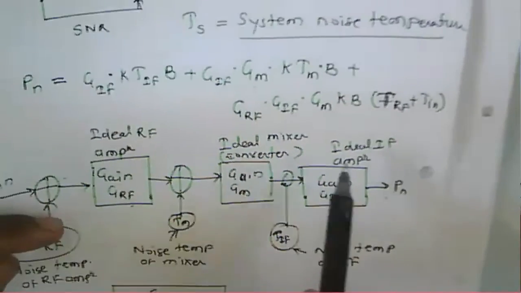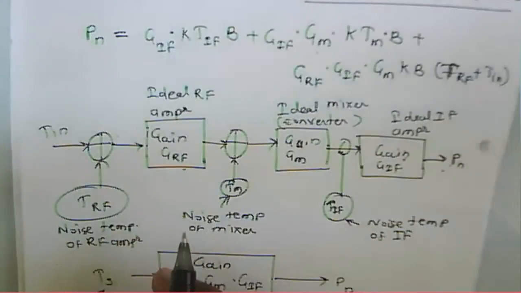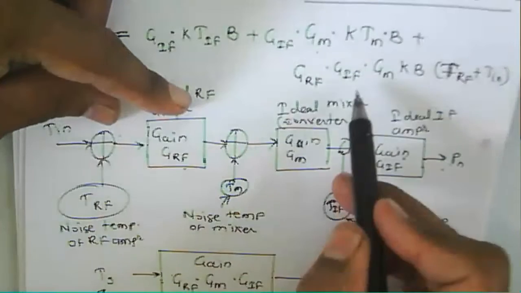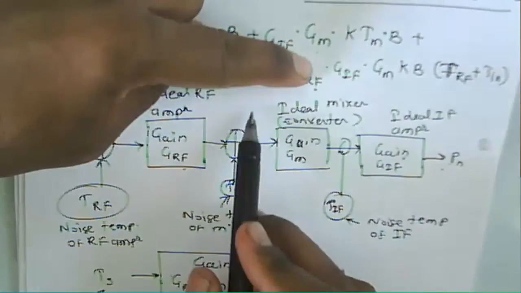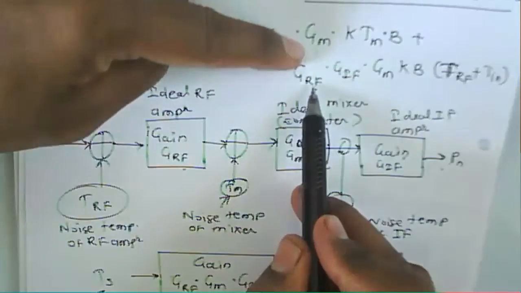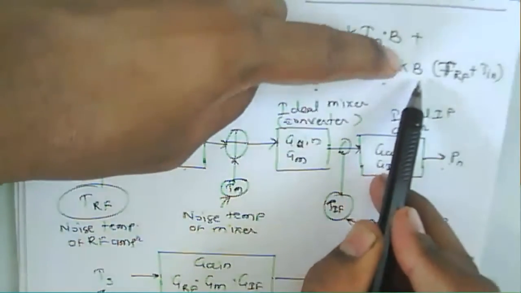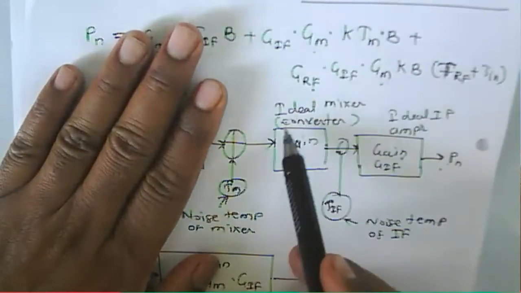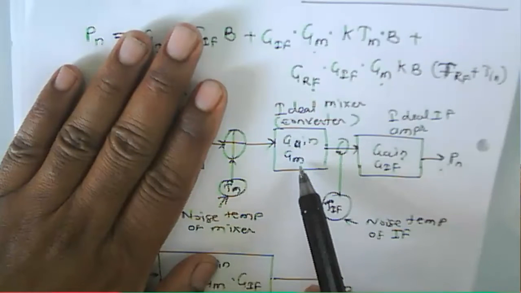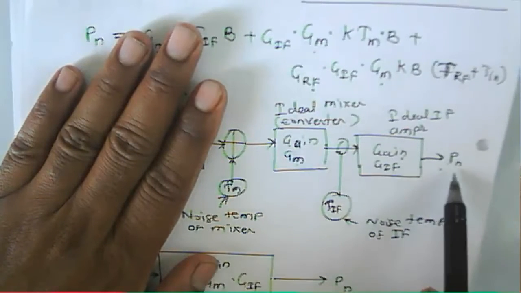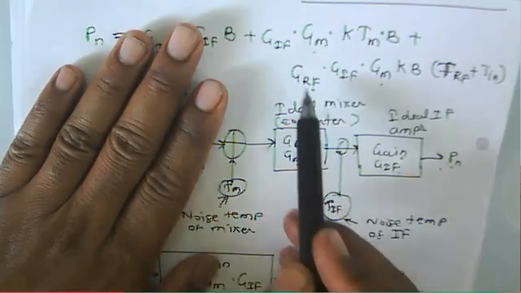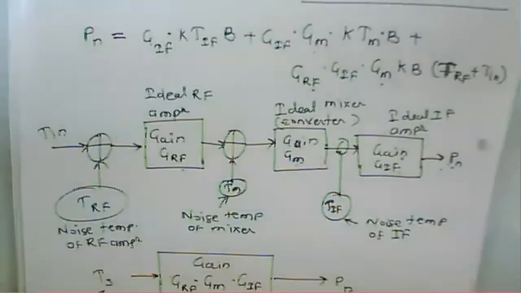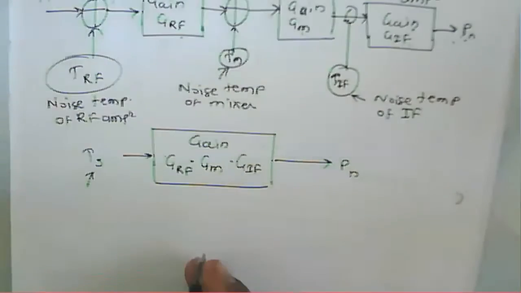So now why are these terms adding here? Because initially, that is the first term, we need to consider the gain of the GRF, and the gains of all other components are adding. So that's why GIF and GM, K, bandwidth, and then the noise temperature. Then next, we calculate the gain here. Okay, so that's why GM, the gain of that other term, because the calculation is here. So GM and GIF. So that's why KTM. Next is only the GIF. Okay, likewise, that is the total term if you calculate it,